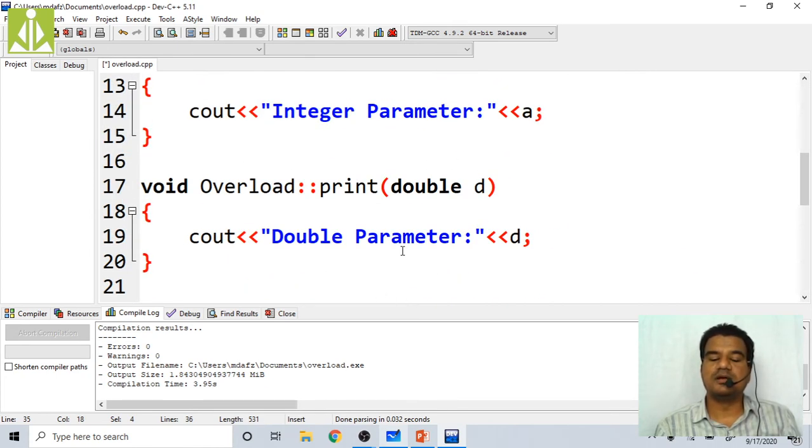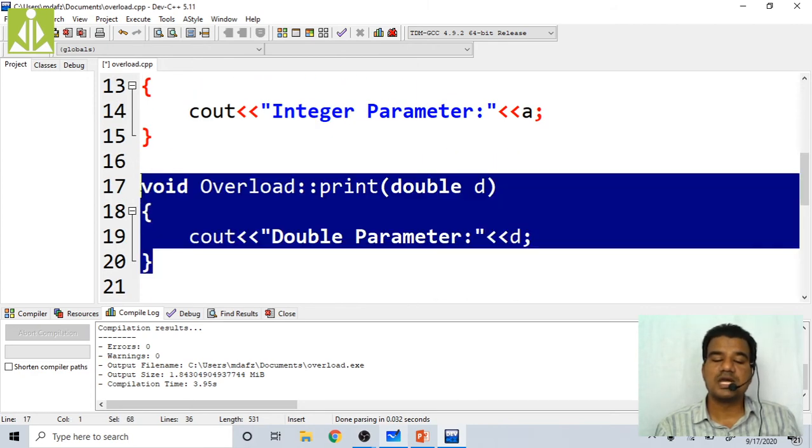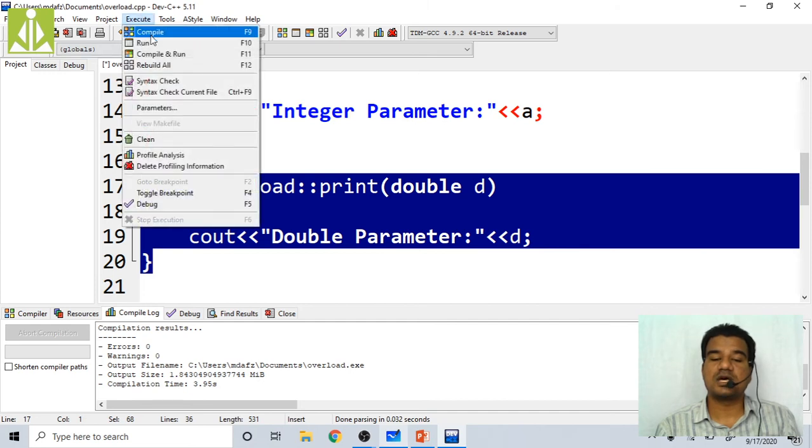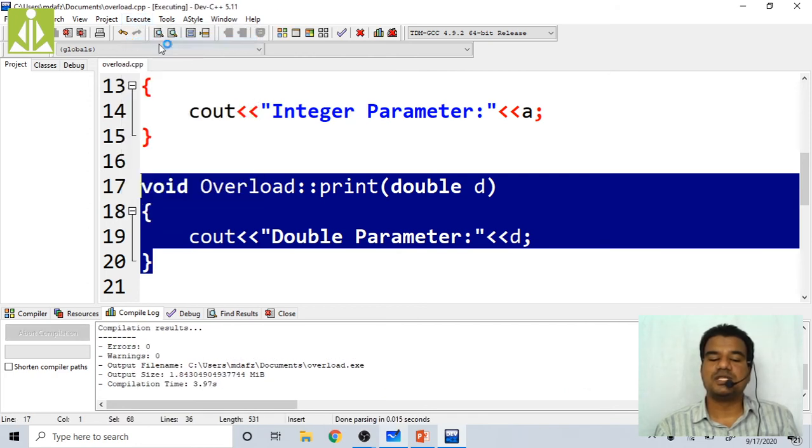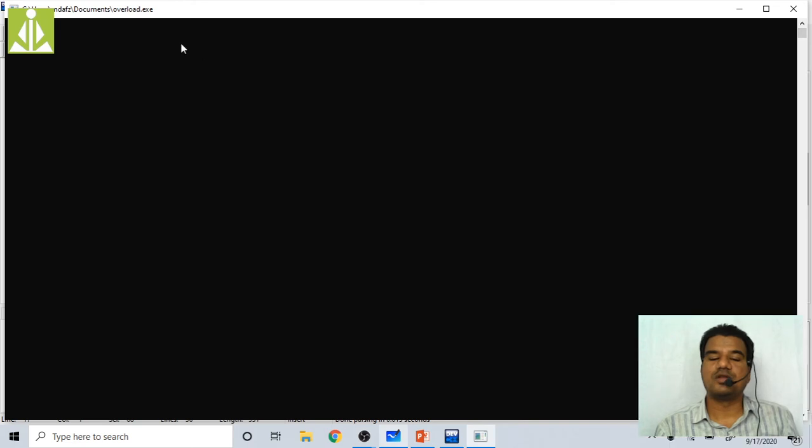Since 1.57 is a double value, this function gets invoked and 1.57 gets copied into this D, and you will get the same thing on the output screen: double parameter 1.57, that is our expected output.